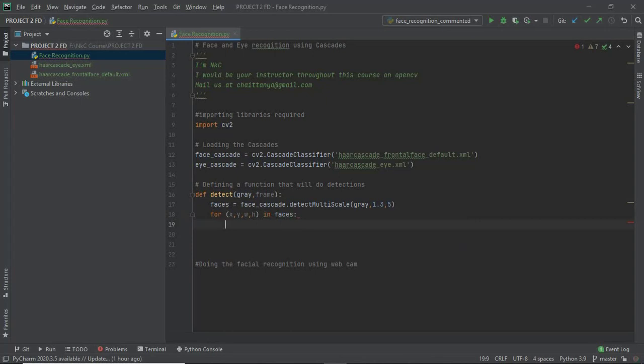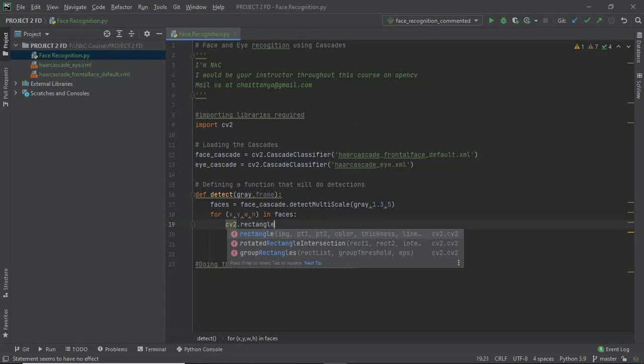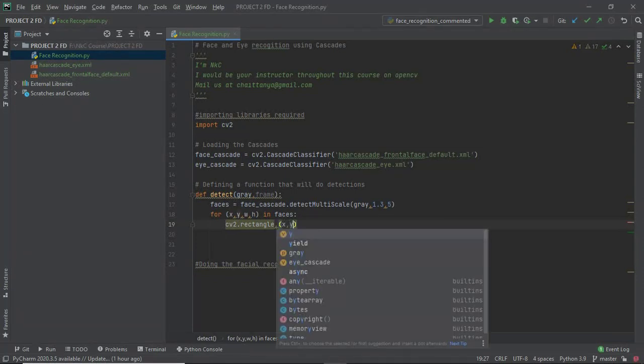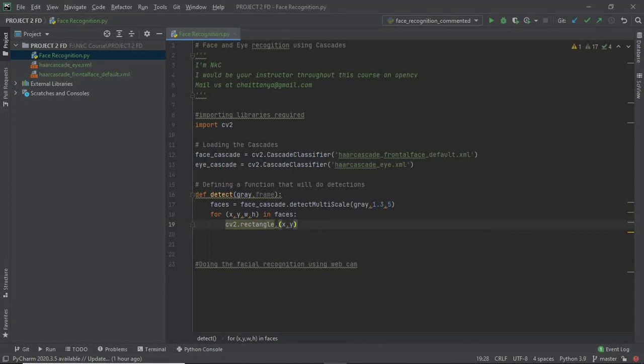Okay, now we are going to paint a rectangle around the face. This is exactly how we assign the values.